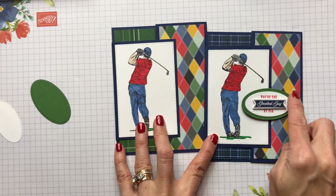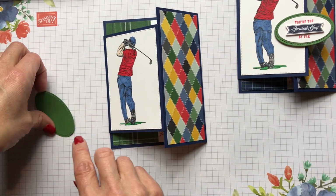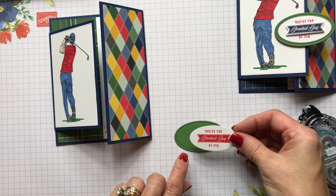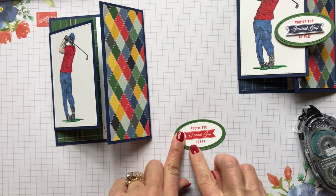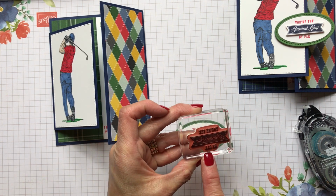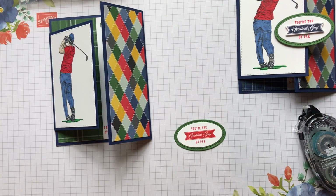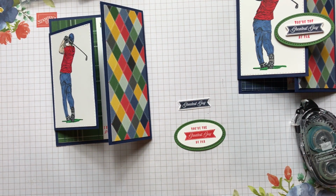So then I thought it would be great to put a little sentiment here. And so you can see here, I used my stitched oval, and then I used my regular layering ovals here. And then I did something fun on there. So let's just put that oval that I stamped with the Poppy Parade. And boy, it was really nice to use the Stampin' Ink Spot on that one because it's a more fine-lined image there. And then I took that same stamped image, stamped it again in Night of Navy, and then, as I said, this little die here cuts this out. So I just stamped it, went to the Big Shot, got that die cut out of there,